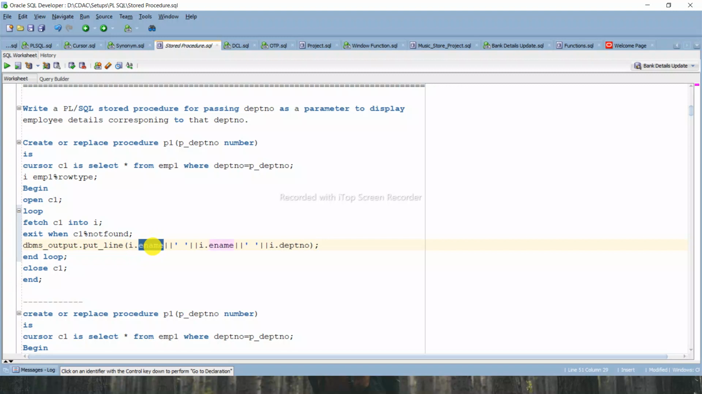So ename of I dot ename, then I want to print I dot cell, let's take here cell, then I dot department number. So likewise you can print multiple records, no issue, you can print the whole row, not an issue. So I'm interested to print only ename, cell and department number. Then end loop. Now see here, when you start a loop it should be ended, otherwise this procedure will